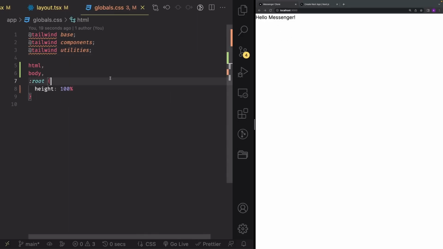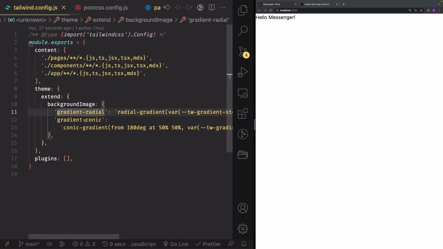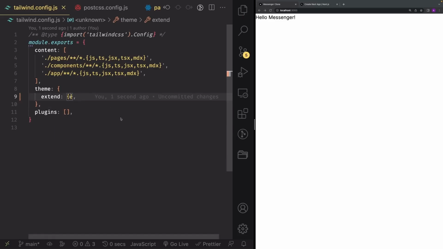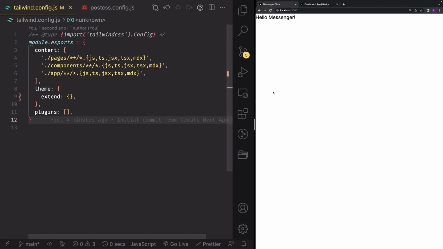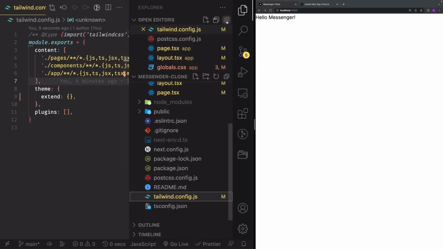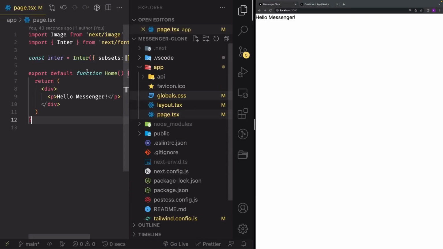Great. And now you can go into tailwind.config.js right here, and you can actually remove this extend object in its entirety like this. You can just make sure it's an empty extend because we're not going to need any of those gradients there defined. Great. Amazing job. And now just to test out if everything is working fine, let's go into app, into